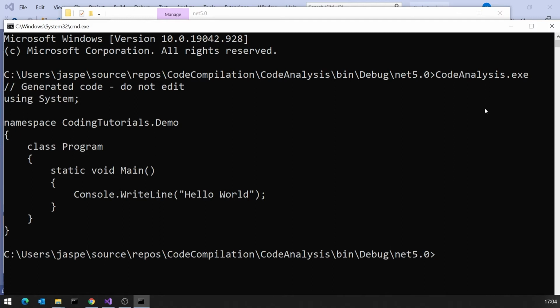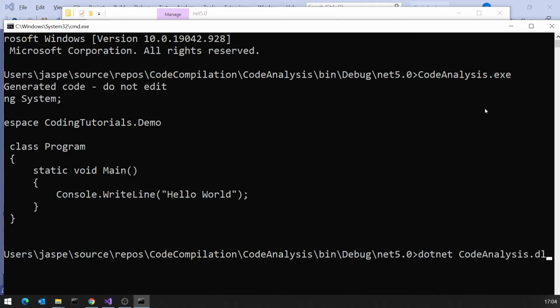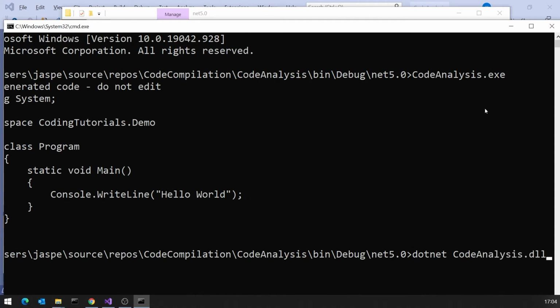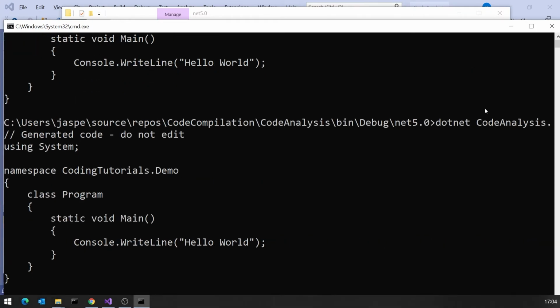But if we were running this on a non-Windows platform, it would be very simple. We just use the .NET command line, and then we say code analysis, not .exe, but .dll. So we're getting .NET to run the DLL, and it will give us exactly the same results.